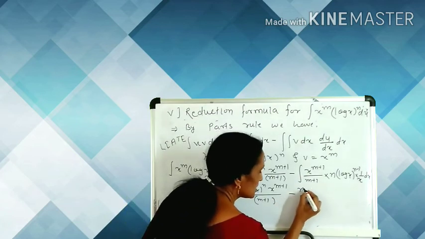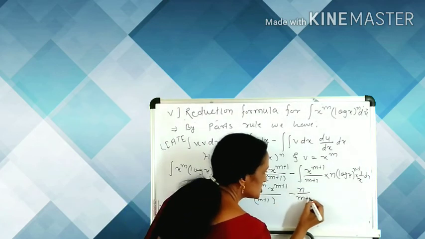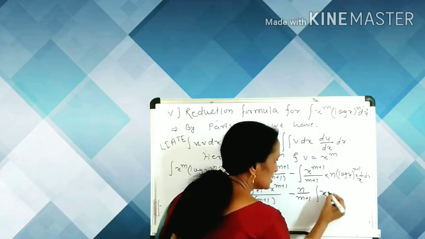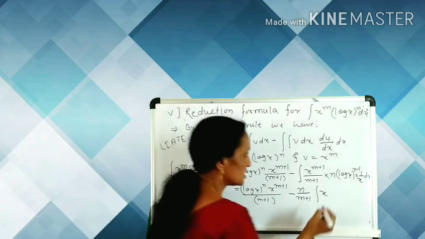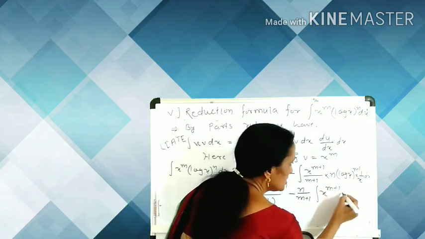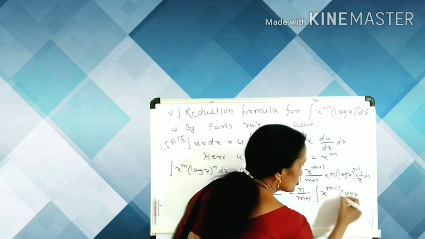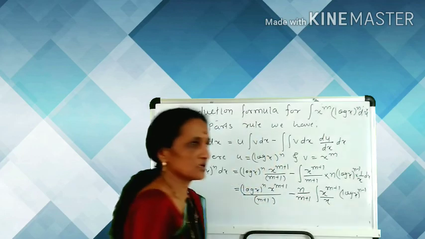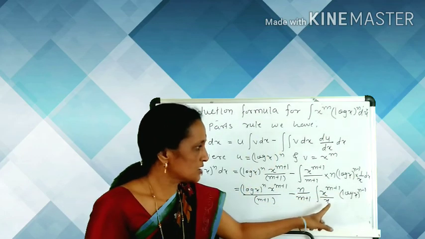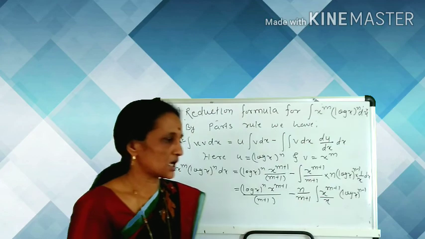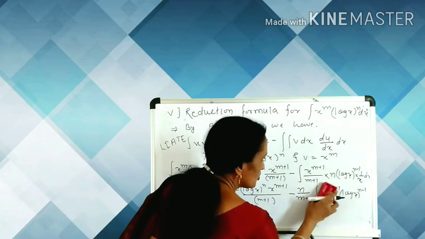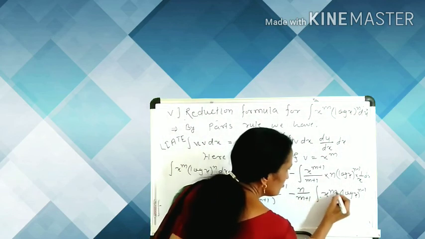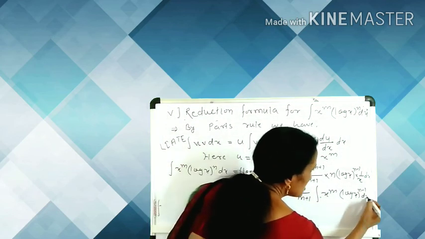In the integral we write x raised to the power m plus 1, log x raised to the power n minus 1, divided by x. Here x raised to the m plus 1 divided by x, one x gets cancelled, and we simply write x raised to the m log x raised to the n minus 1